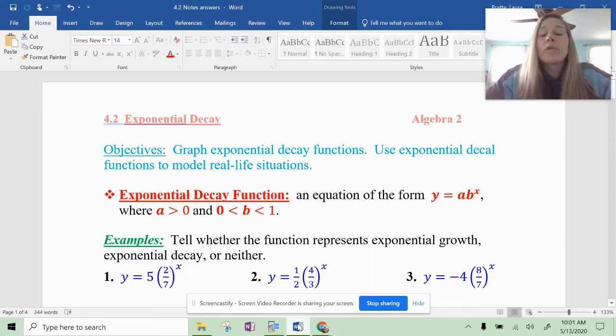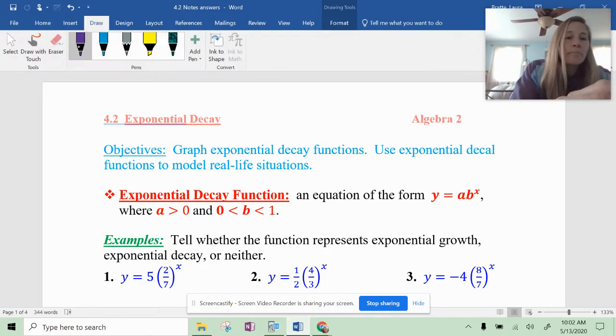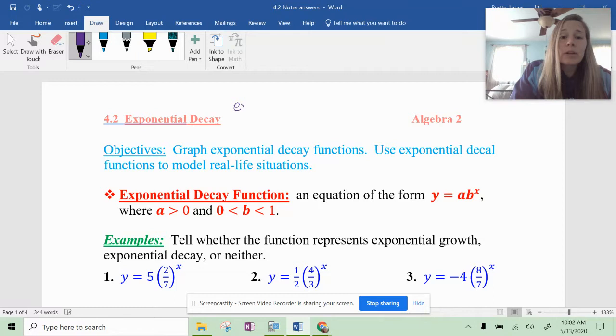All right, good morning. So we're moving along now with the second section in chapter 4, which is exponential decay. So yesterday we went over exponential growth, and today our objective is going to be graphing exponential decay functions and using them to model some real life situations. So yesterday we talked about exponential growth,